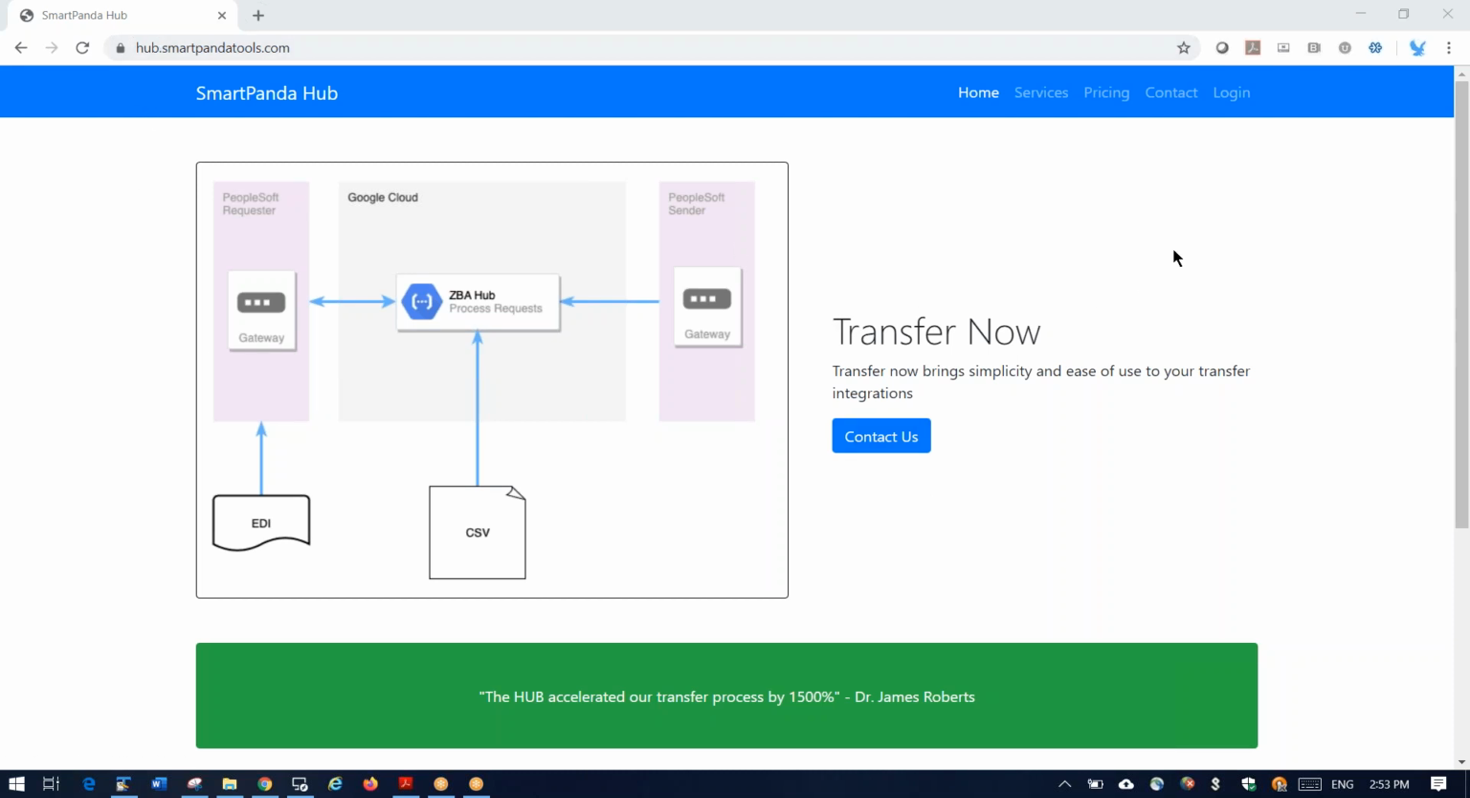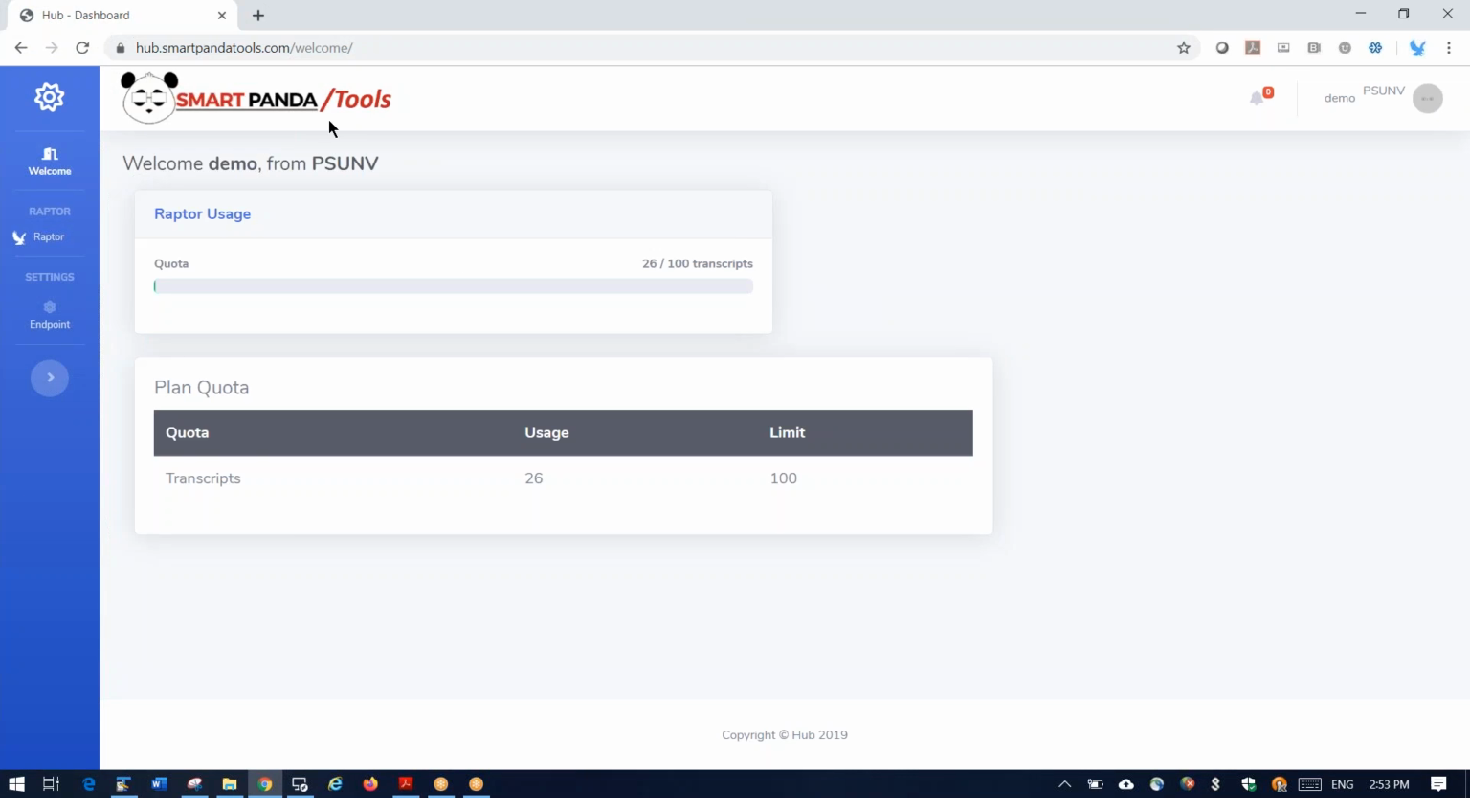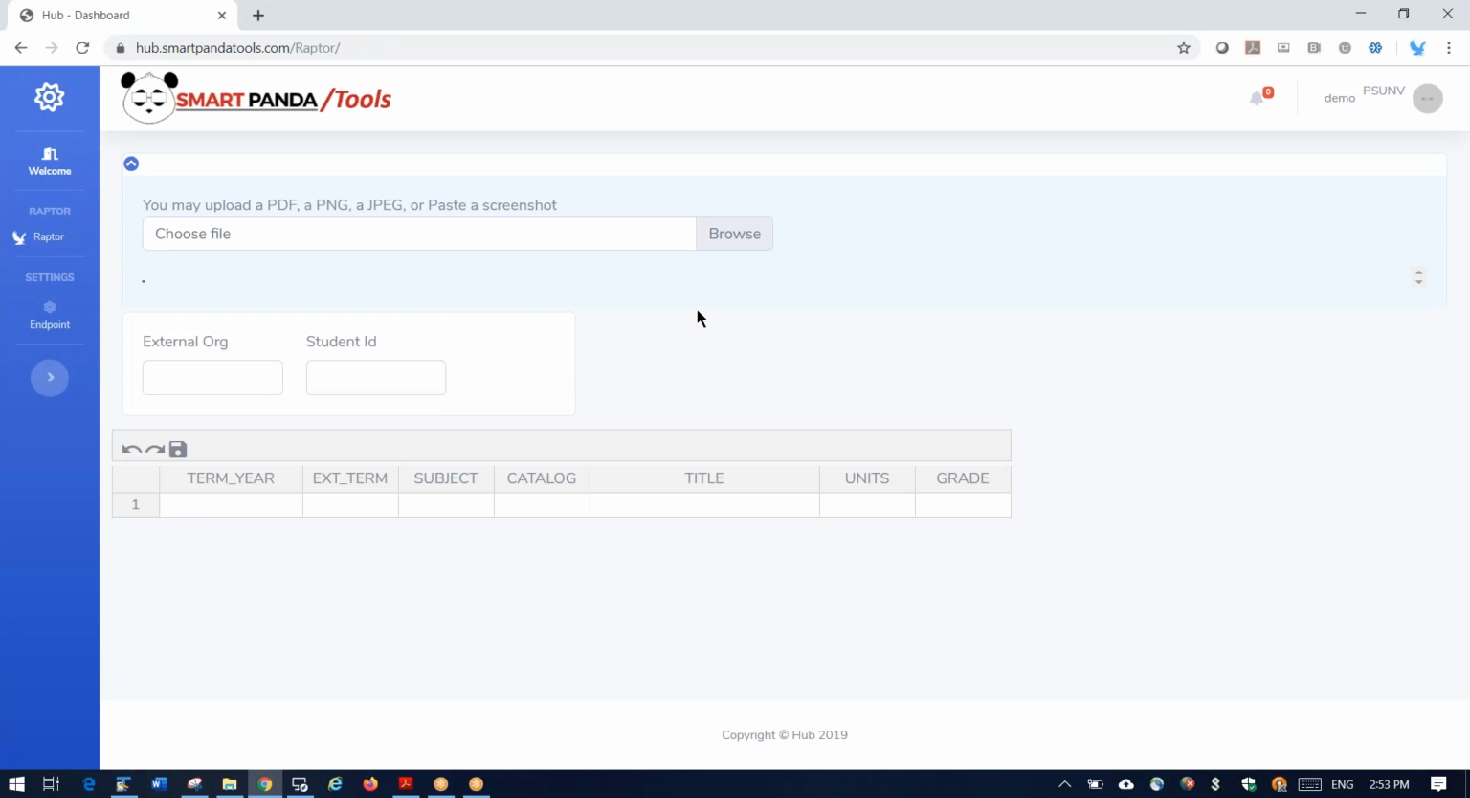when you come to that URL, go ahead and click Login. And here's where you're going to enter your demo login. You'll log in and you'll see a home page like this. Go ahead and click on Raptor. And so we're going to go through the steps of how to use Raptor and the different options that you